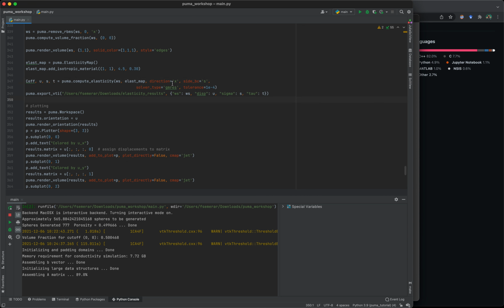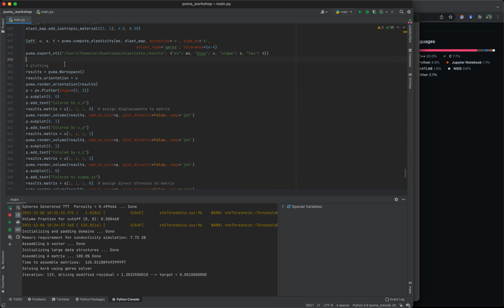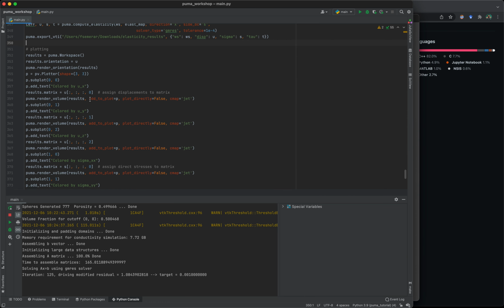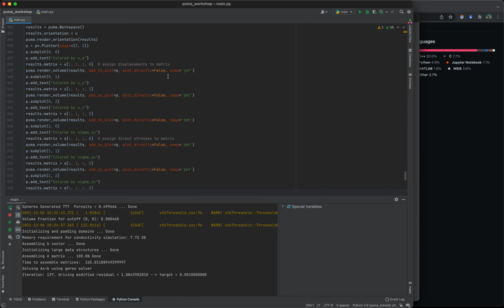In this case, since I'm running the x direction, I'm imposing a displacement of 1 on the positive x face, kept as Dirichlet boundary conditions, and instead I'm using side symmetric boundary conditions. These three fields are also going to be exported inside a VTI, which can then be post-processed inside ParaView. But here I also prepared some plotting for showing the direct stresses, the shear stresses, and the displacement